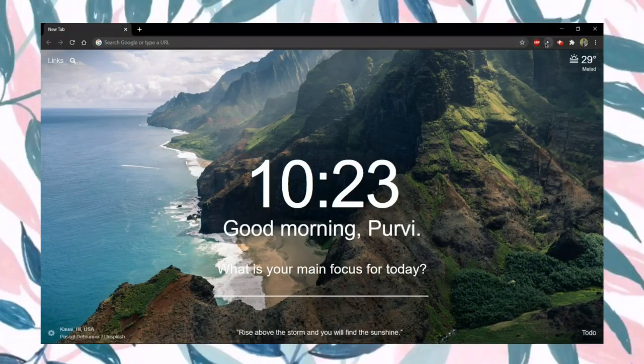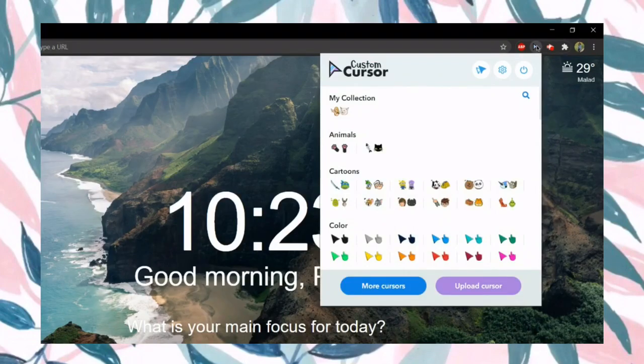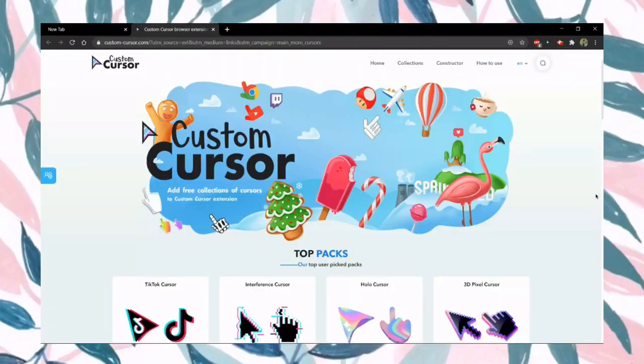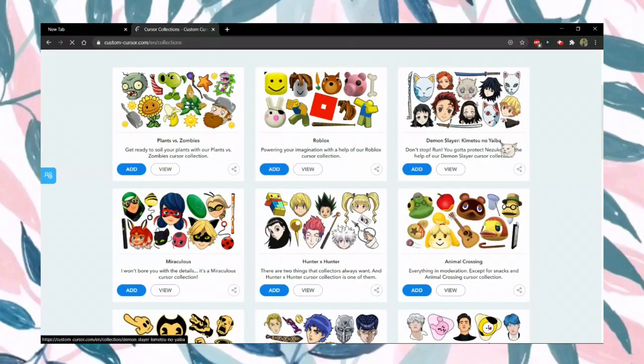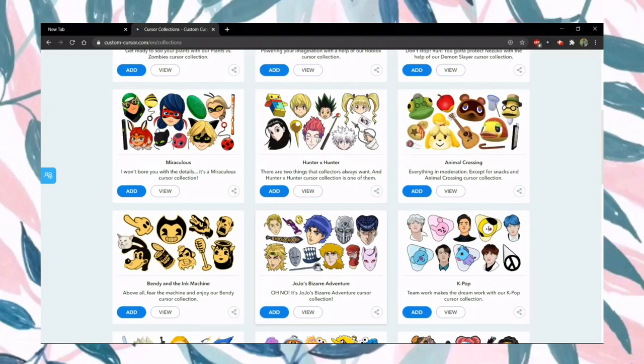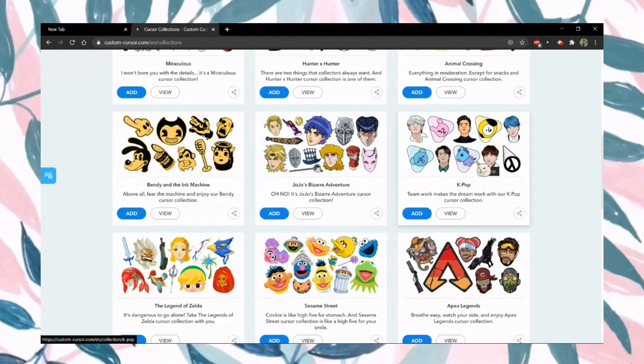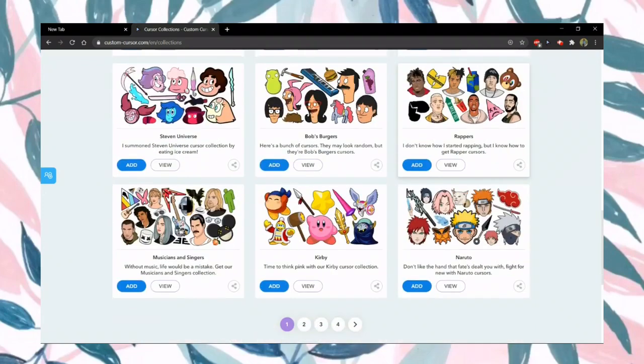With this extension, you can customize your experience of using the Chrome browser with cool free mouse cursors. There are over 100 different cursors distributed according to categories, for example music, web series, games and K-pop, etc. All of them are free to use and they are updated almost every day.